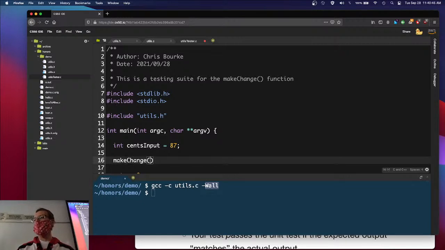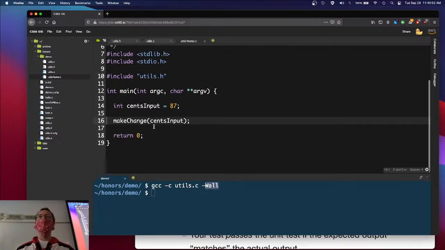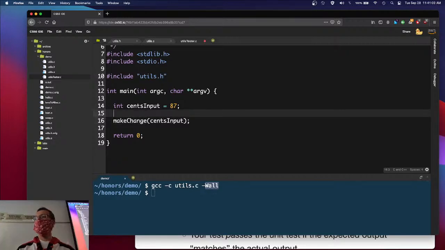Make change of input. All right, so how's this function? First of all, should I ignore the return value? If I'm going to test for error codes, I certainly need to capture that. So int error code,